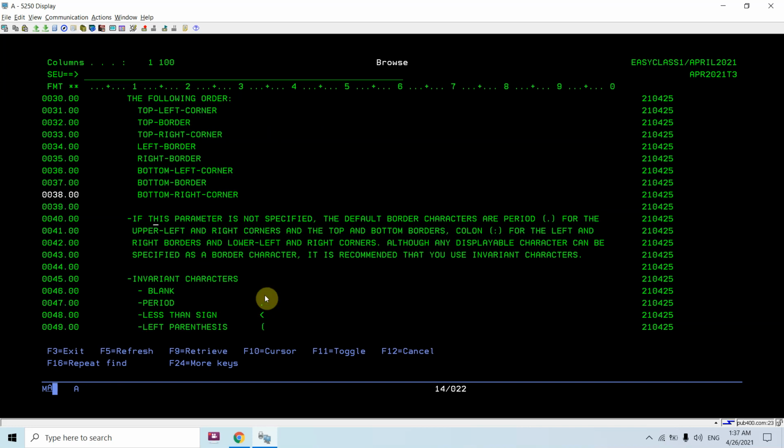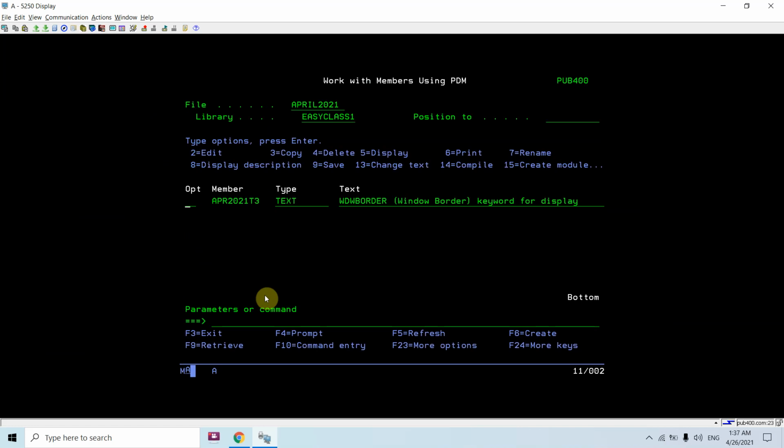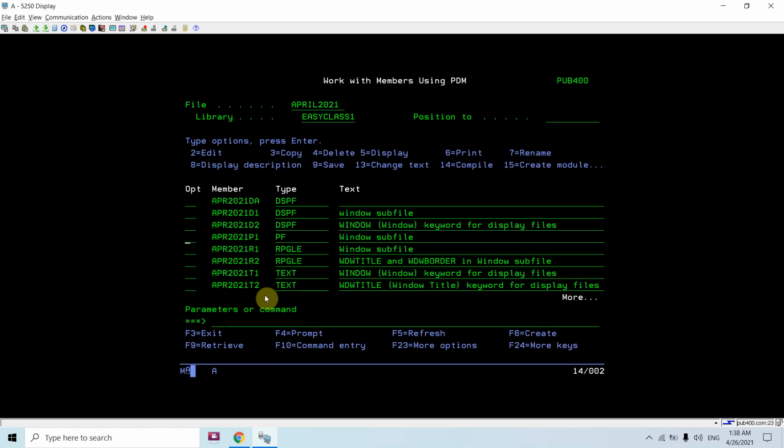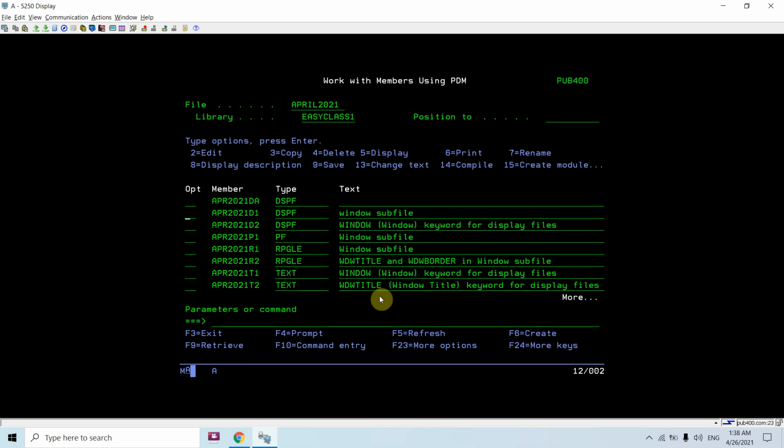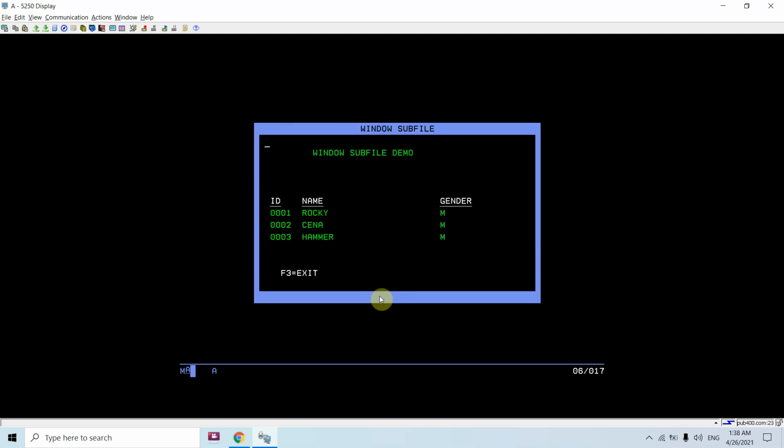Now if this parameter is not specified, the default border characters are period. Here you can see I specified blank, so it is giving me the blank.